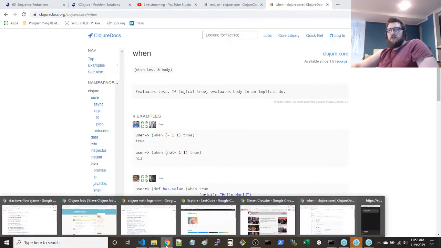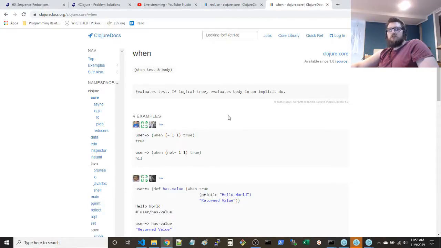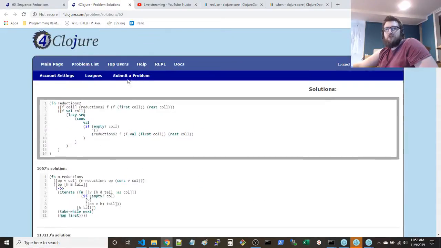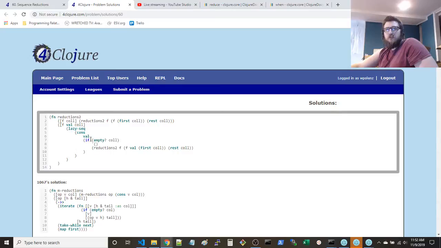Also, is there anything incriminating here? Not really, no. It evaluates the test, and if it's true, evaluates the body in an implicit do. So, right, I think I had that. In mine, I had a nil, right? So it would return an empty set.